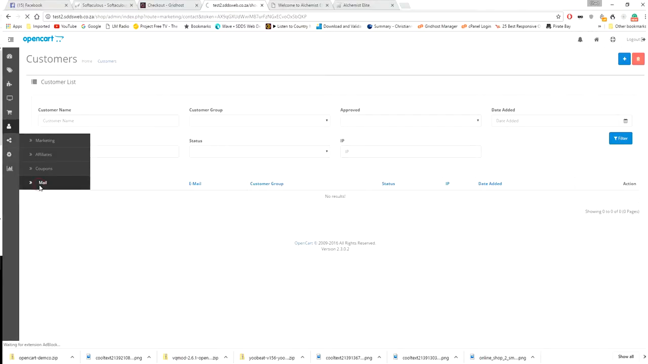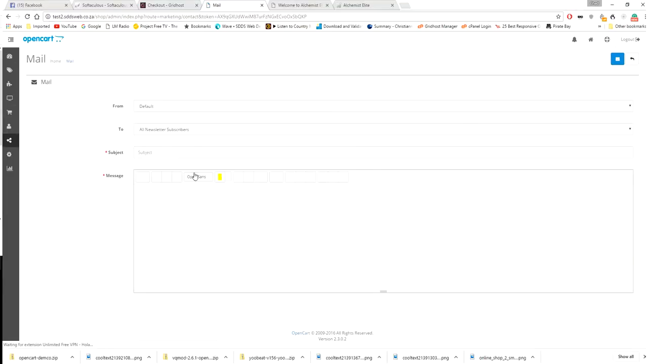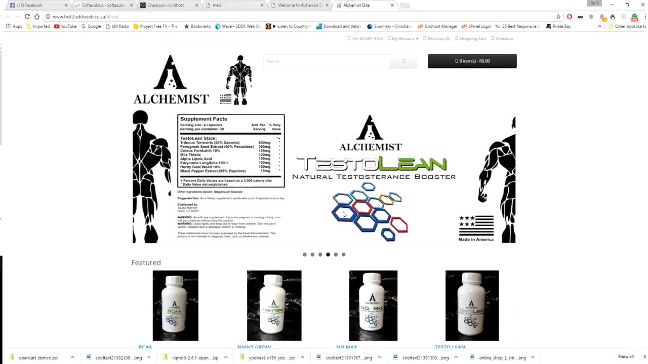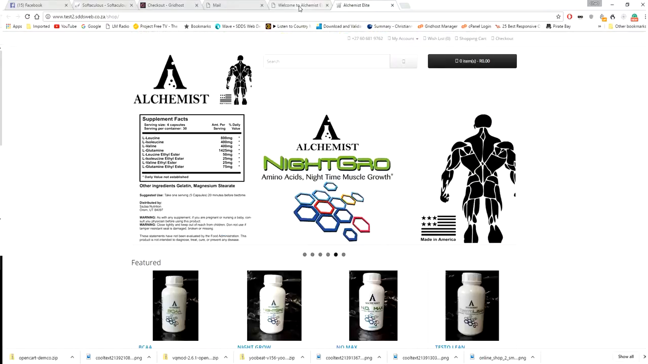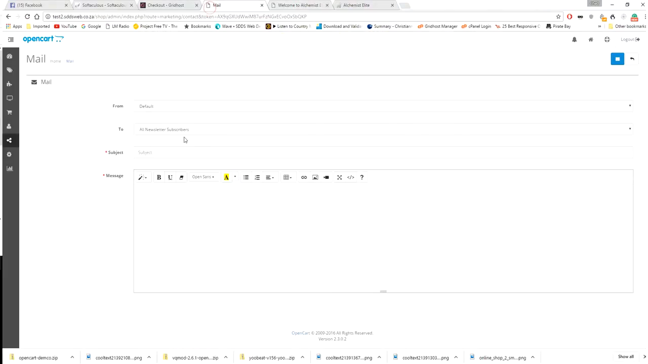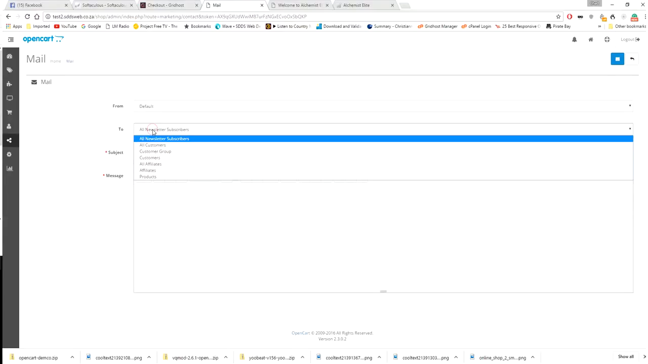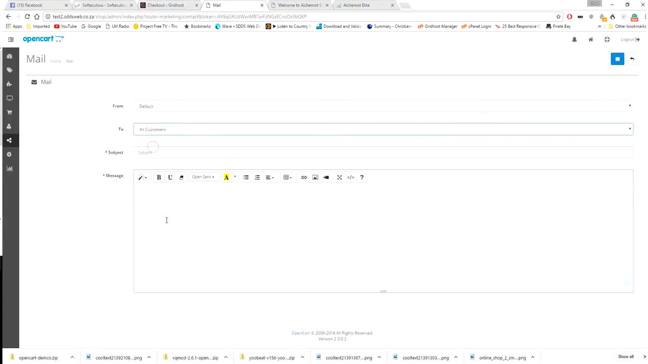Here under email, you can send an email out. Your clients can subscribe to a newsletter on your site. There is an option to do so on the front page over there. Okay, so you can send a newsletter out to your clients if you need to, or you can send an email to all customers. It sends directly from here. Okay,